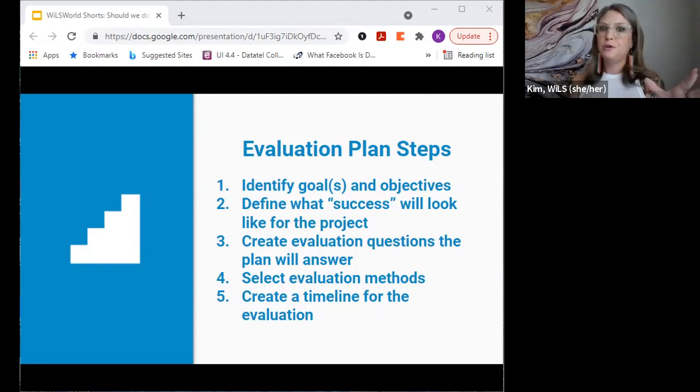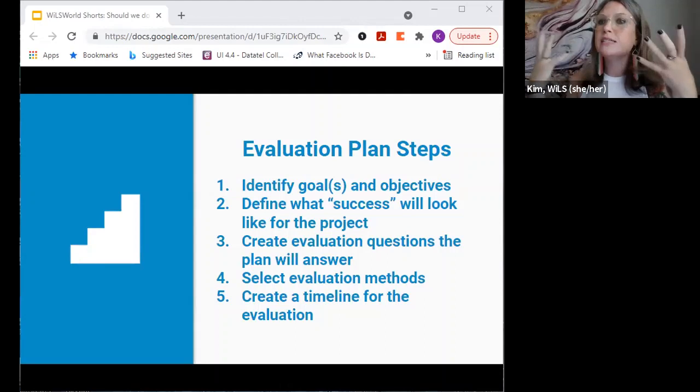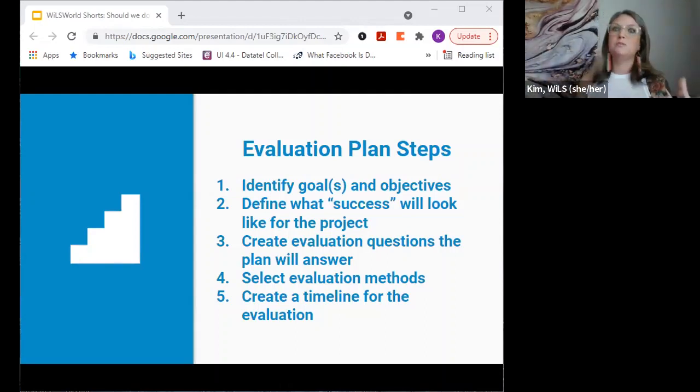So let's say, for example, and this is an intentionally bad objective, that we had an objective that said, community members feel more supported by the library through access to a social worker. That doesn't sound bad in theory, right? We want people to feel supported by the library. With this initiative, we want them to have access to a social worker, and we want our community to find value in that. But the first question I ask when I see goals and objectives like that is, how can we measure that? It's not so easy. The first question I have when I see an objective like that is, who are community members and how are you going to reach them to find out if they felt more supported by the library?